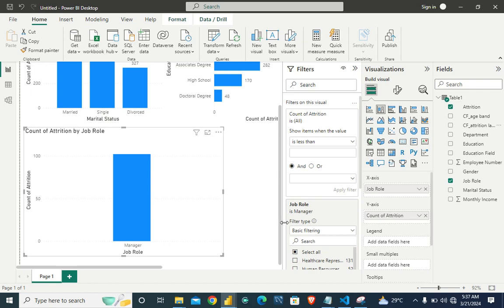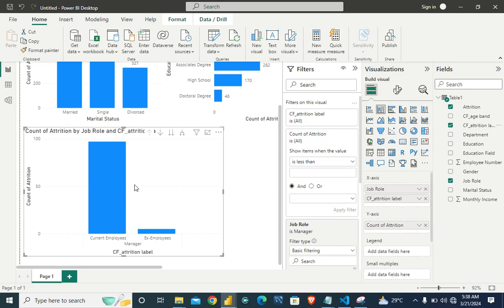We are still on our objective 3. We have the job role now displayed, but the focus is the ones that are no longer working. So I need to add another variable which has to do with my attrition label. Let me add it first to my x-axis. Now you can see what the chart has become. We have current employees that are managers, and then we have ex-employees that are managers. And since we are focusing only on the ex-employees,